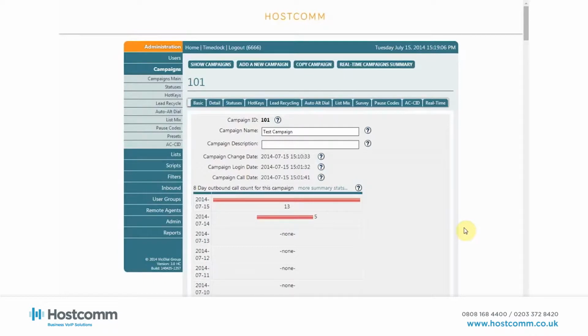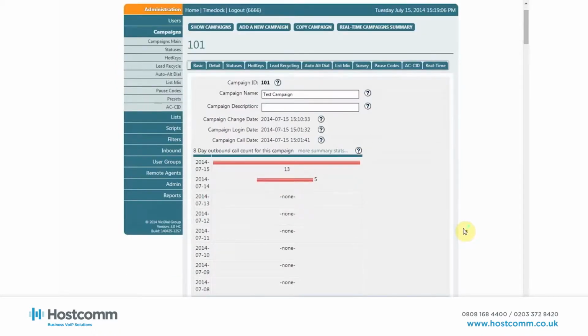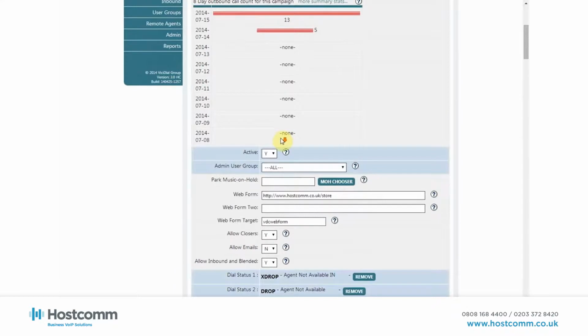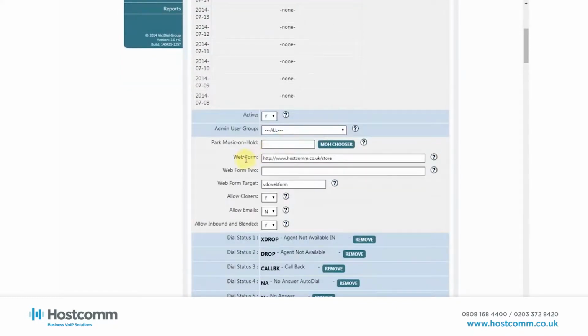So let's have a look at the campaign settings, the calling behaviour that we can set up to our data that we've already uploaded. You can run multiple campaigns simultaneously. You would give it a name and a description pertaining to the type of campaign that you're running. I'm just going to pick out the important settings here, as there's so many it would just take forever to